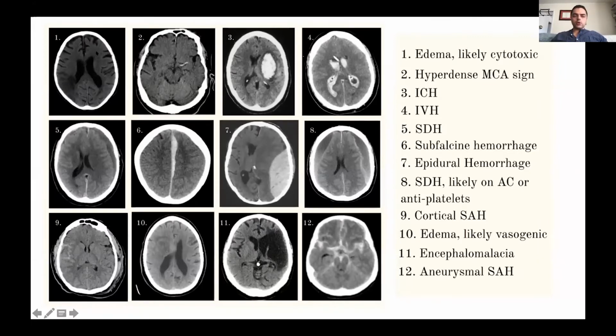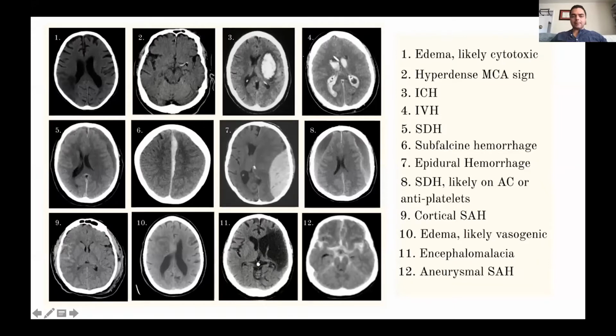Are they normal? Often asymmetry is going to be your best guide to identifying if there's any issues. You look at the sulci. Are they effaced, which can be a sign of swelling and elevated ICPs? Is the brain shifted over? Are there any intraventricular or subarachnoid blood? So that's what you're looking for. Here we see an area of hypoattenuation, so that's likely some type of edema. Here in image 2, you're seeing